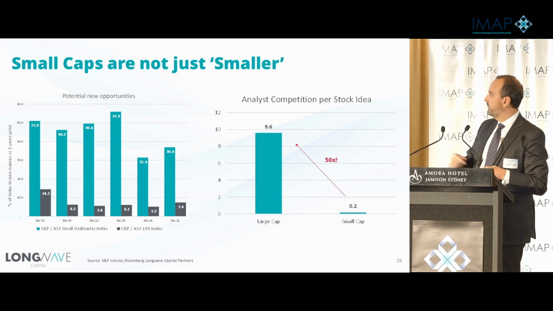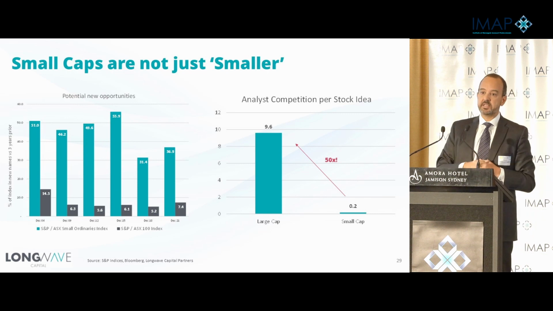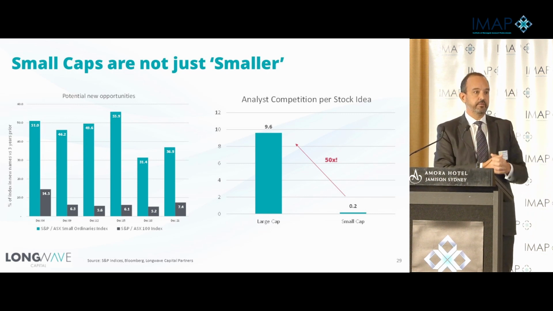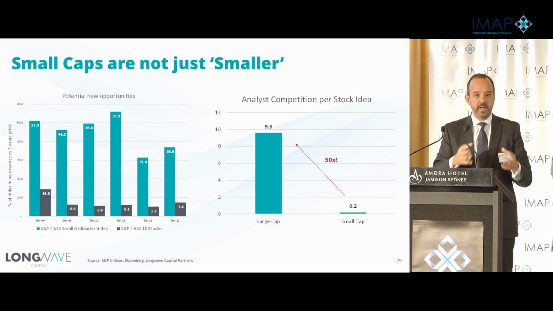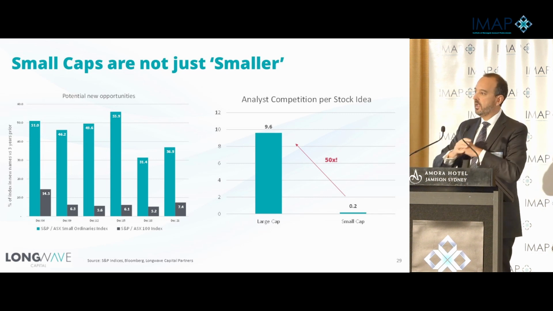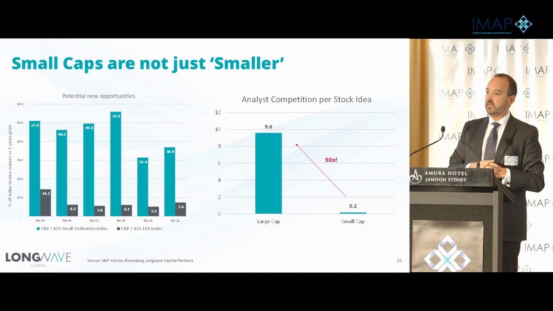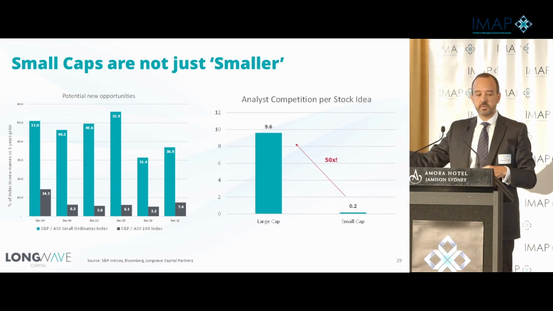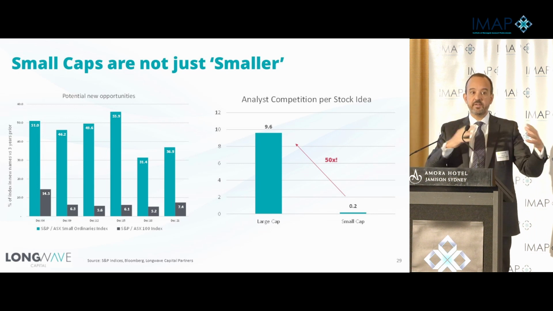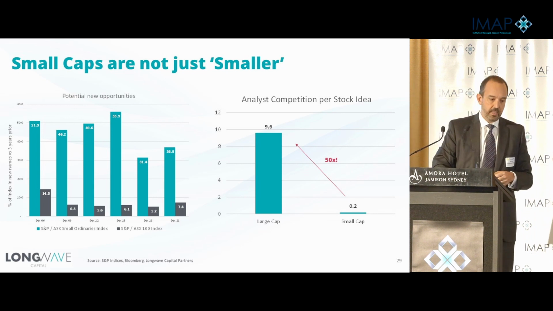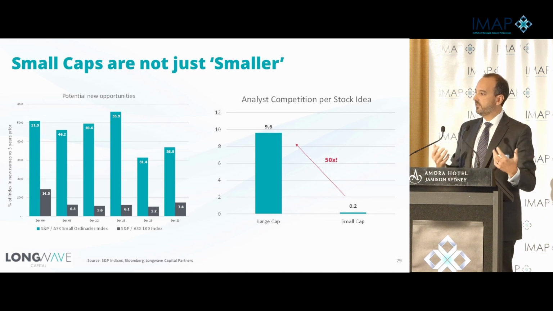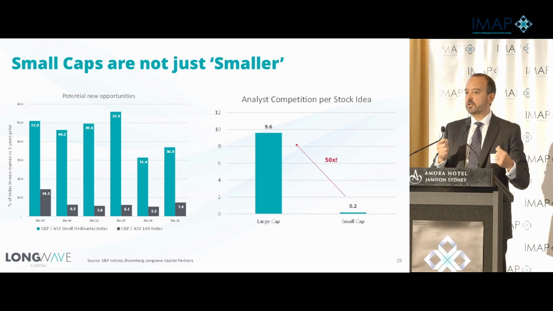If we look at the grey bars there, that's the large cap index, the ASX 100. It's a far more static, stable universe. The big four banks, BHP, Woolworths, Telstra, they've all been mainstays of that index for a long time. Now, that's not to say it hasn't delivered the returns we saw before, but it's just a very different market dynamic. The second thing that helps active managers in small caps deliver that return is just how much competition there